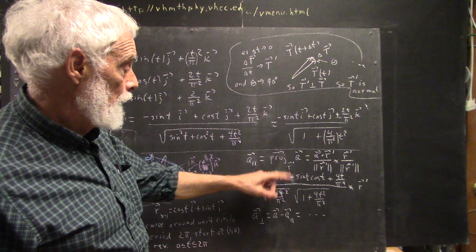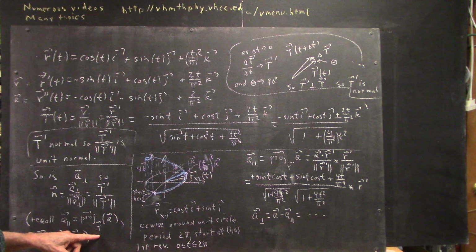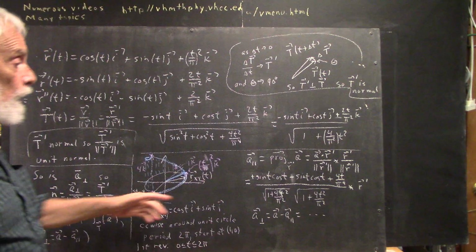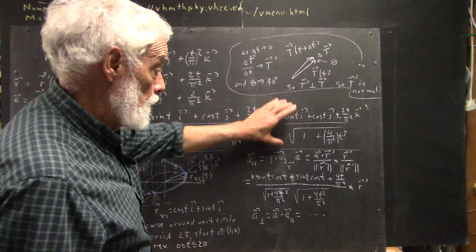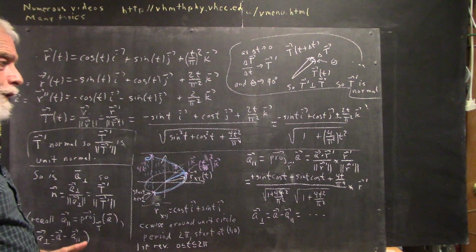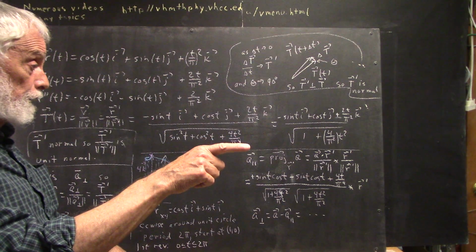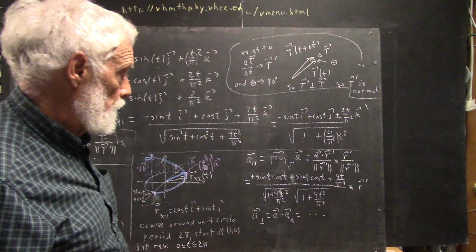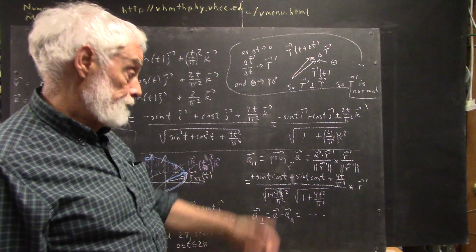Okay? Now I'm projecting A onto R prime and not onto the unit tangent, but it's the same result either way. We could project the A onto the unit tangent vector, but I'm choosing to project onto the R prime vector, which is our velocity vector. We're going to get the same thing as we would if we projected onto the unit tangent vector. So again, the projection,